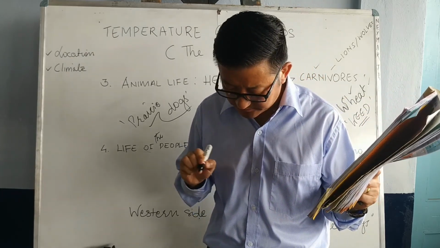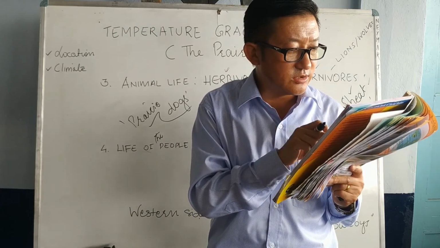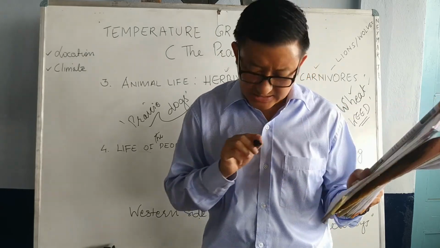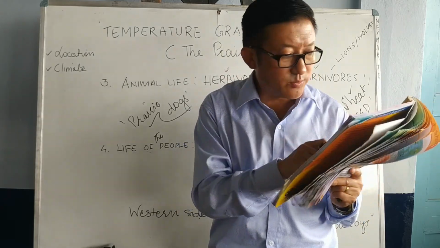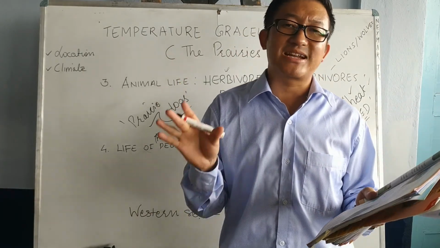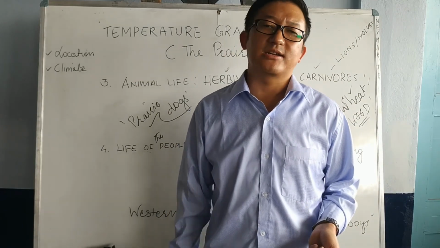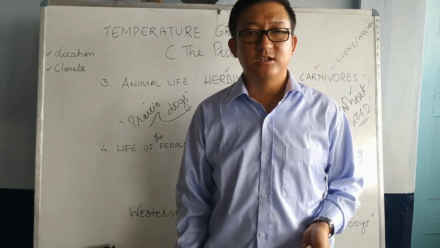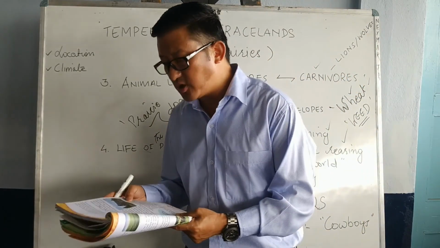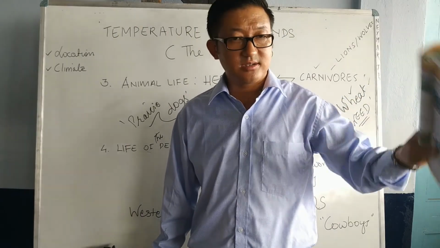Again you write it down. Again you pause it. You play it, and again you pause it, and again you write it down. Again you play, listen, again you pause it, and you write it down. Everything you have to transfer from your mobile to your exercise copy. After that you have to study not from the mobile, but from your exercise copy and from your textbook. Right? Do it this way.